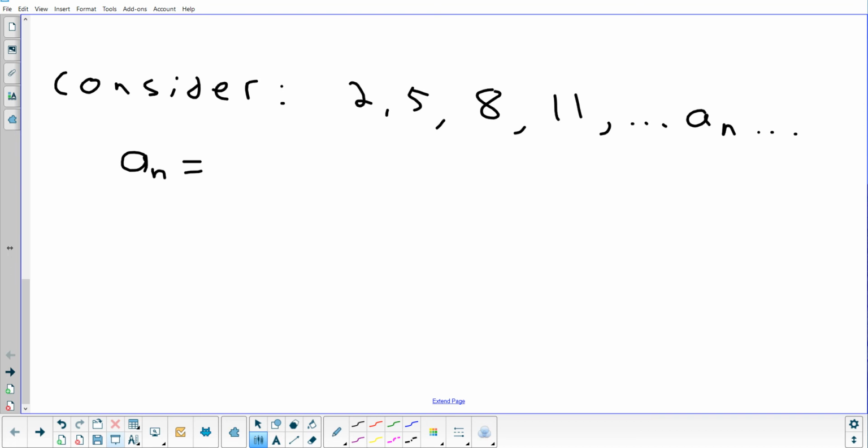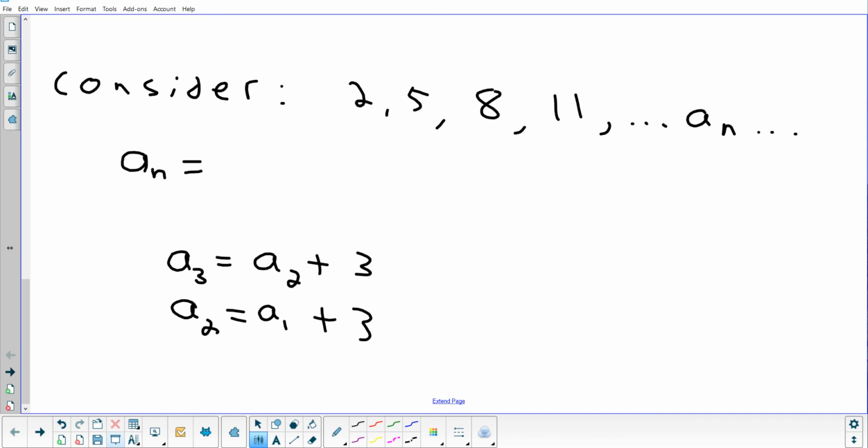Okay, so that is one type of formula. Take the previous one and add 3 to it. So if you wanted to get the third term, what's the term before a sub 3? A sub 2. But to get the third term, it requires you to know the second one. There's a formula here that needs the second one. So now you have to figure out the second one. How would you get the second one? The first one, plus 3.